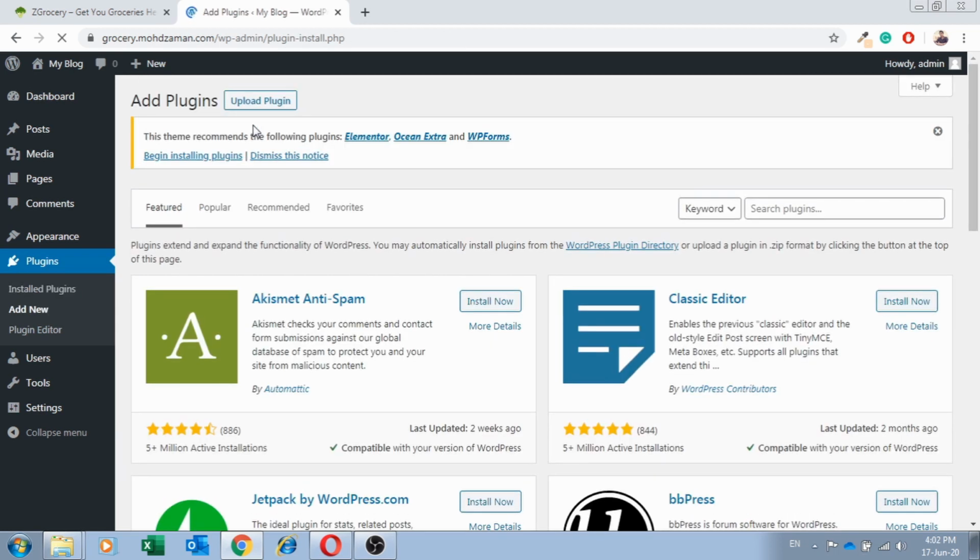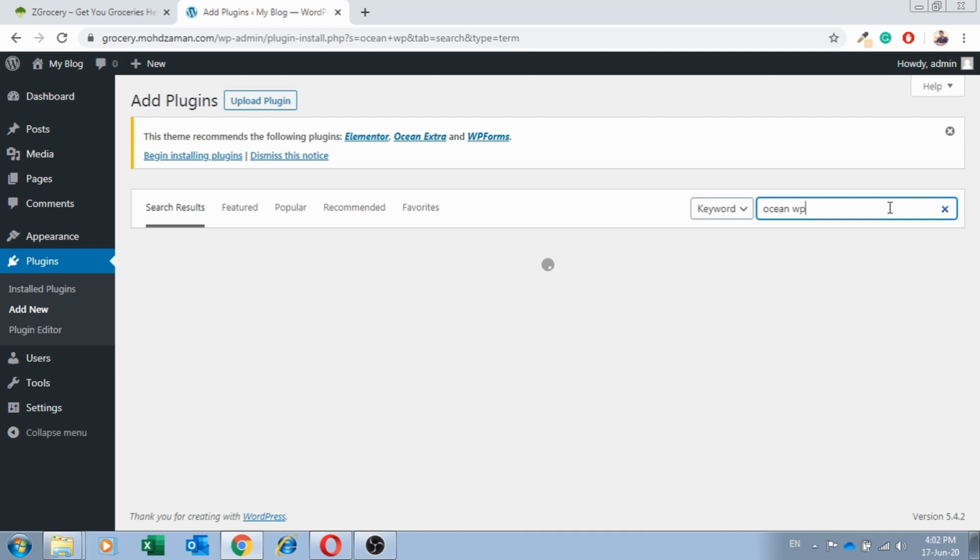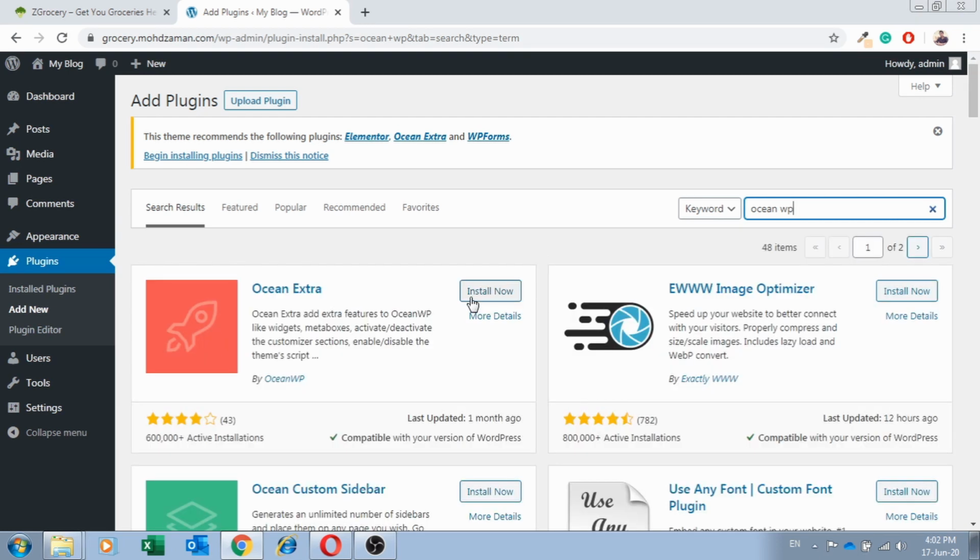to add plugins. The first few plugins that we are going to install are going to be related to the theme that we have installed, which is Ocean WP. Type in Ocean WP and search. So these are the plugins that are going to give our theme some additional features. Okay, so install Ocean Extra